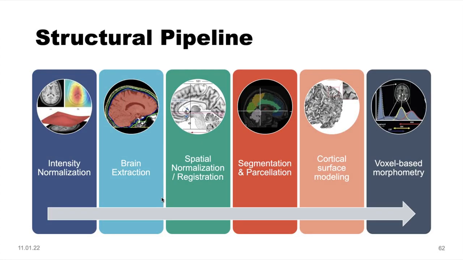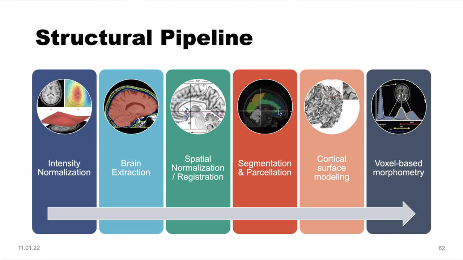So for the structural pipeline, there are different steps applied. The first one is intensity normalization. The second one is brain extraction, because if you lay a subject in the scanner, you will also measure the whole scalp, and we are only interested in the brain in this case. For analysis, it's always convenient to extract only those voxels in the volume which we are interested in. The third step is the spatial normalization or registration for some group analyses, for example,